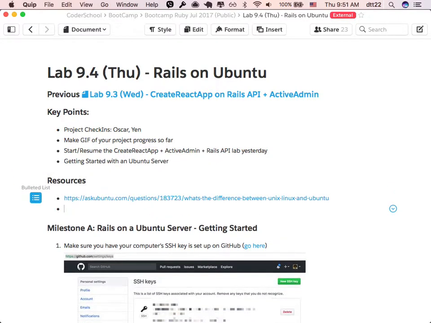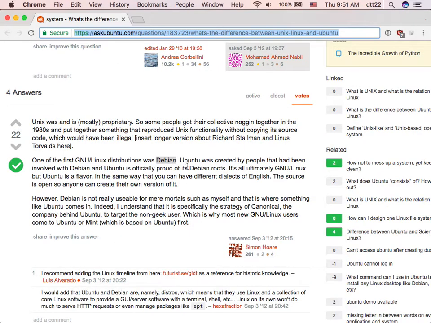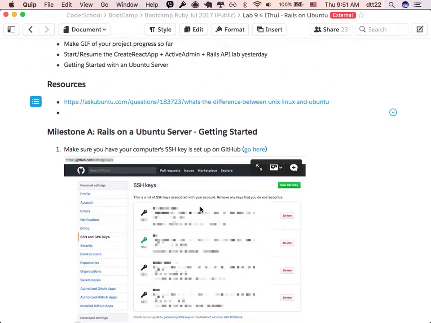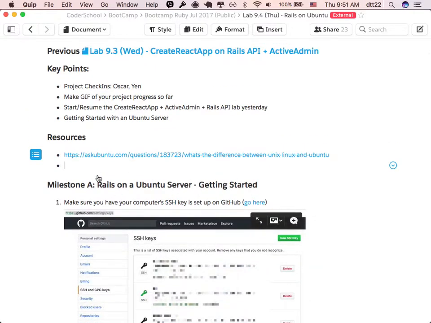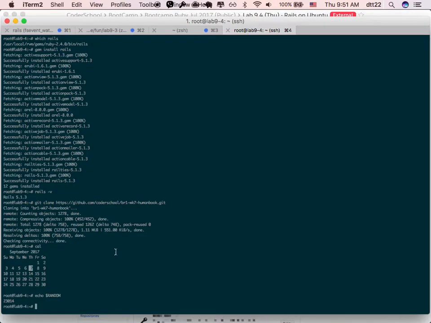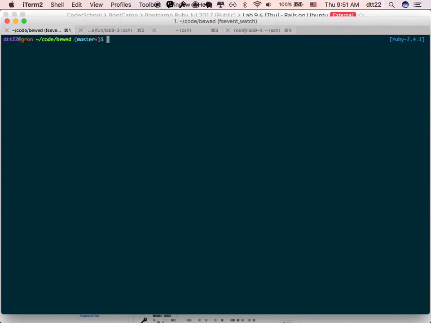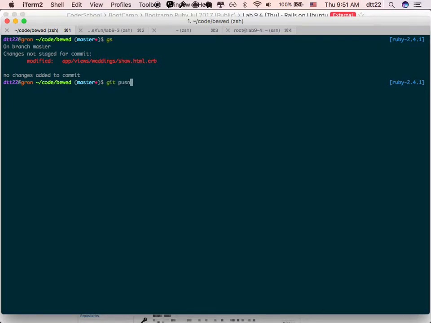So, to give you a preview of what's happening today, it is to understand why we need this. So in the past, if you have a project, let's take any Rails project that we have. So I'm going to take my BWeb app right here. And normally, how do I deploy to production? Git push Heroku master.